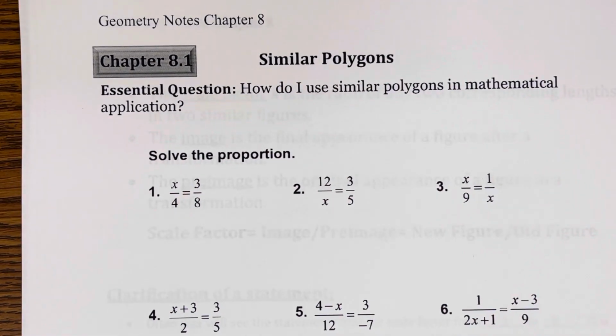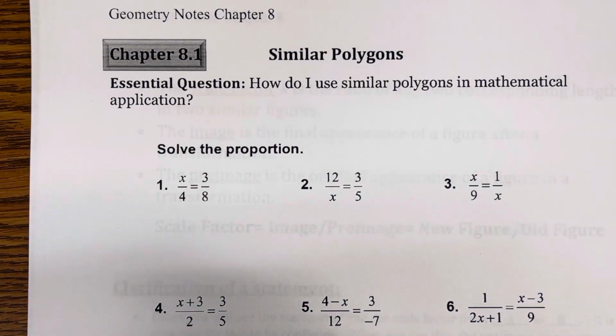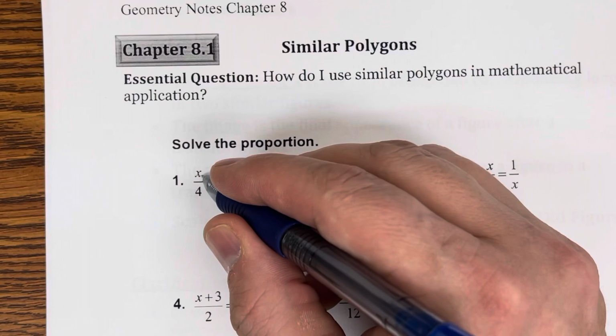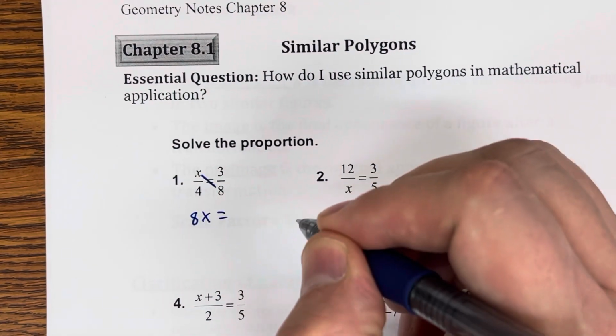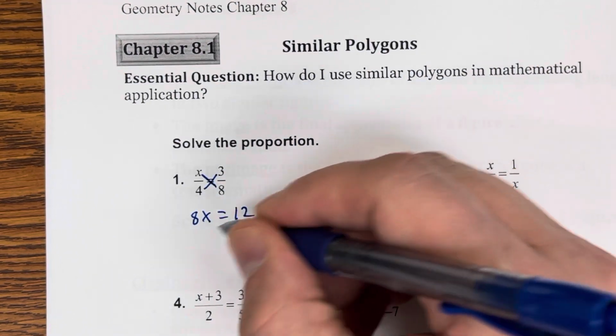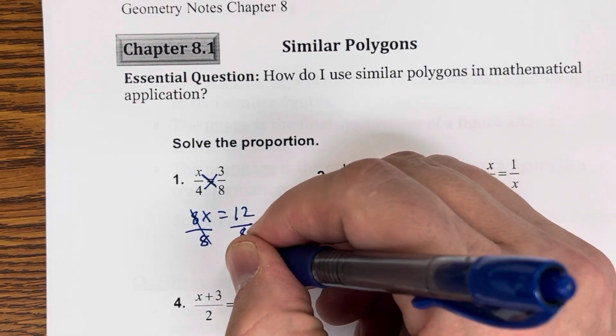And the first process that we're going to go over before we actually hop into the similar polygons is just a brief little algebra reminder of how to cross multiply. So when I have two fractions equal to each other, oftentimes it's easiest to solve this by cross multiplying. To cross multiply, I just make an x. I take x times 8, which is 8x, keep my equal sign in the middle, and then do 4 times 3, which is 12. In order for us to solve, we'll divide both sides by 8, and x would equal,